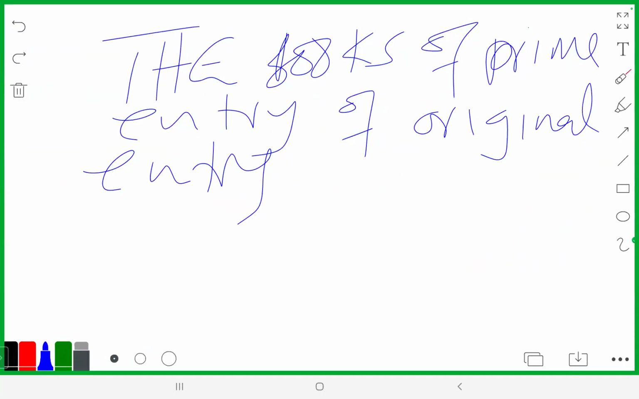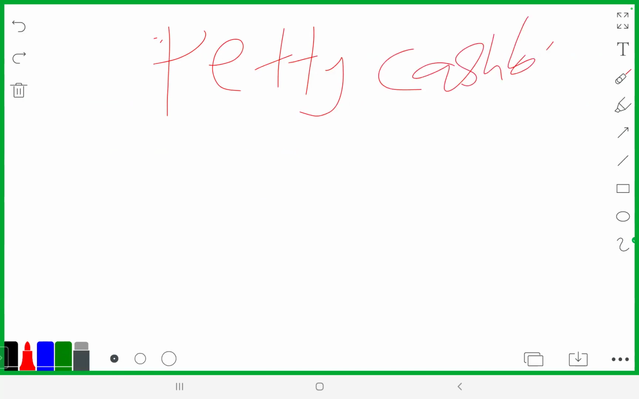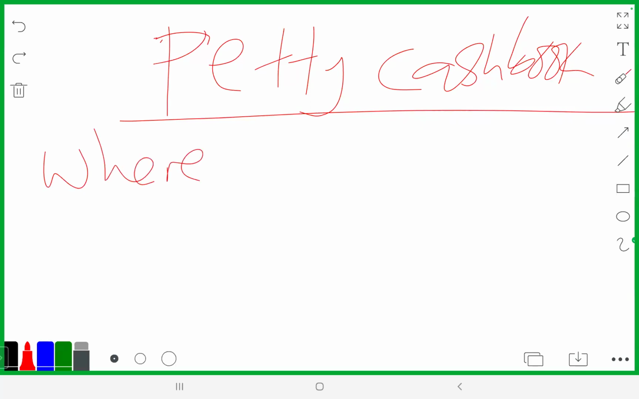The first book that we want to consider is called the Petty Cash Book. The Petty Cash Book is one of the first books of original entry that we have. What do we record in the Petty Cash Book? This is the book where we record